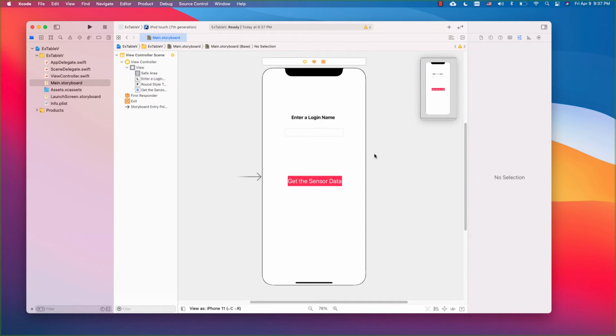Okay, so this is the first view controller, and then we will have the second view controller. And when this button is clicked, then on the second view controller, the user enters the login name and fetches the data from the remote database. That's what we will do. Okay, so to do that,